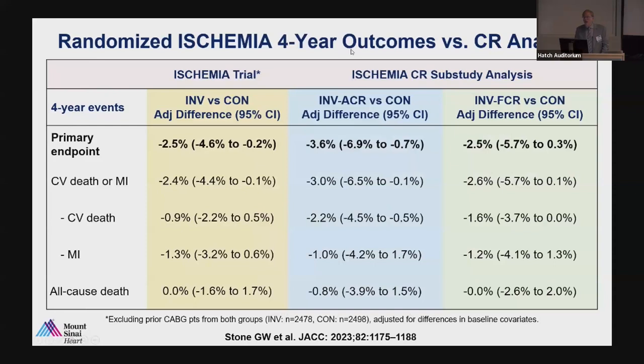And if you now compare this ISCHEMIA analysis to what was actually seen in the ISCHEMIA trial, there tended to be about a 2.5% benefit with revascularization in ISCHEMIA, which in this non-CABG population was borderline significant out to 4 years. If we do angiographic complete revascularization, we could increase that to 3.6%. Functional revascularization really didn't have much of an effect. So we really need to treat the lesions that are containing the plaques that are going to cause clinical instability, cardiovascular death and myocardial infarction, not just the ones that are functionally significant, which will cause symptoms, but not necessarily